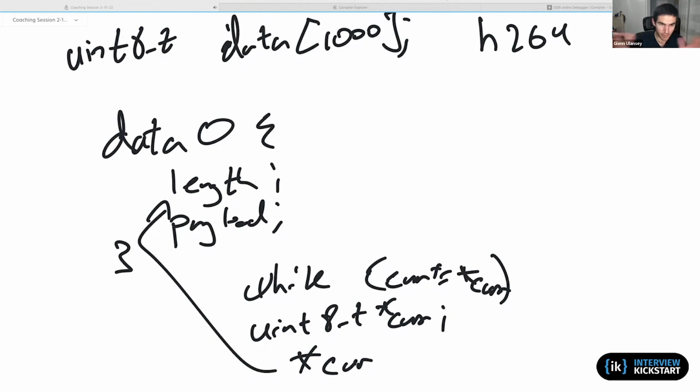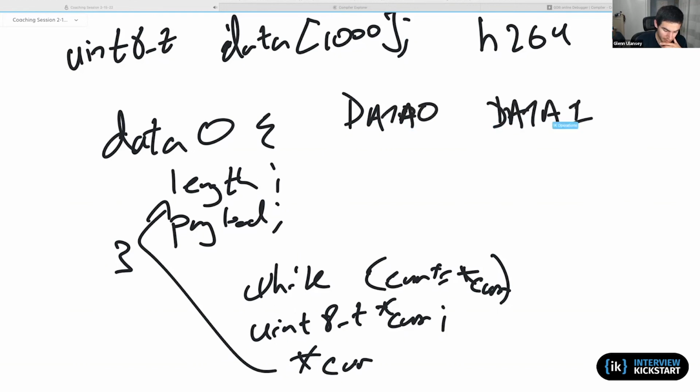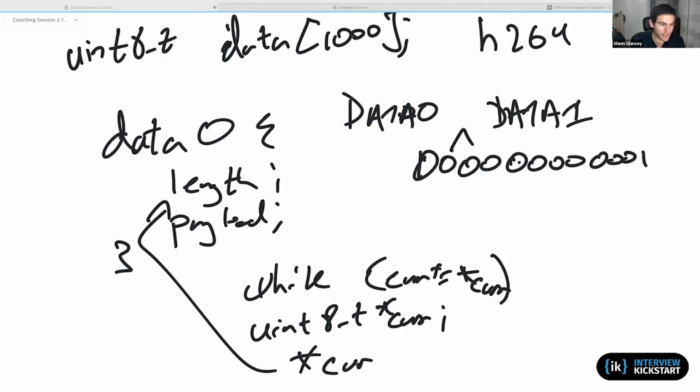They have arbitrary length and represent different types of data, but they're all within one big message. The way H.264 distinguishes between data 0 and data 1 is it puts a particular byte pattern between them.